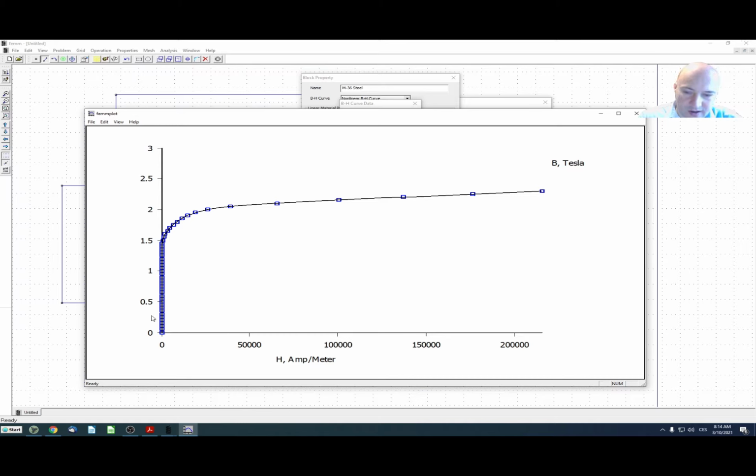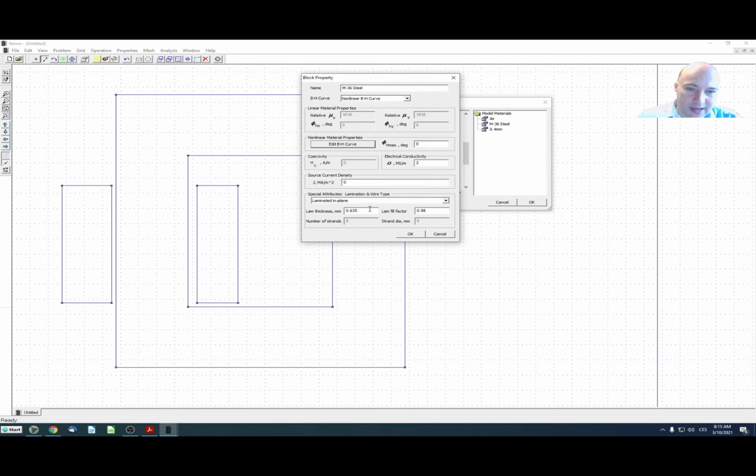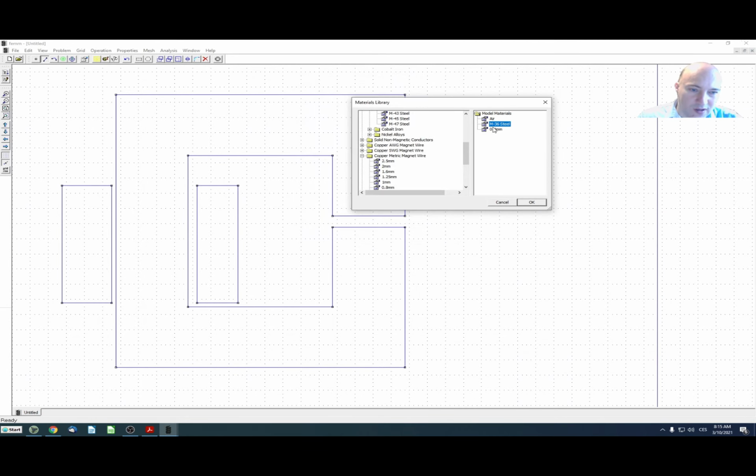They first have a fairly linear region where the magnetic flux density depends on the current in a linear fashion, and then in this region they are saturated, and they change only slightly the value of B if you are increasing the current density. So this is a typical behavior of ferromagnetic material with saturation. I will add a fourth material in my model so that we later see also the effects of those linearities